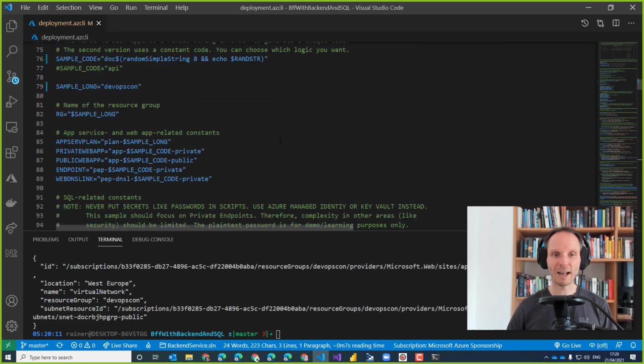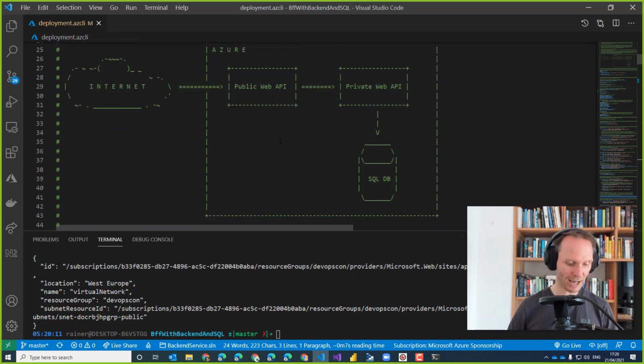Rainer told us that he is going to create here a VNet around the private web API, and the private web API is inside the VNet. And now I have to be honest with you, this is not possible. It's not possible, at least with the tools that I use here, to move the private web API inside the VNet. Why?